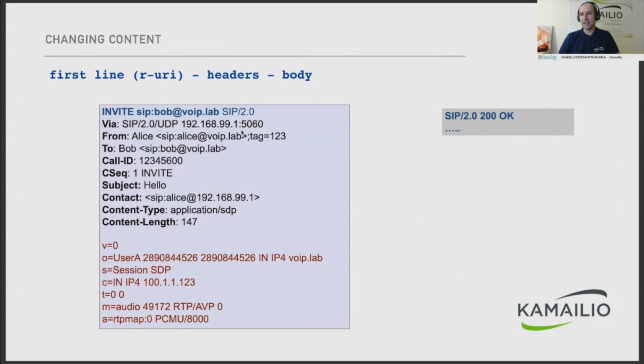Then will be the body. Here it is, for example, the SDP for an INVITE, like setting up an audio call. It could be larger when you also have video streams. But it could also be XML if it's a presence-related message, or simple text or HTML if it's instant messaging. And you can still change these parts with Kamailio as you want. And again, we'll see how it can be done during the next slides.